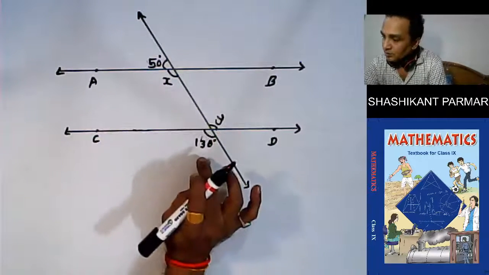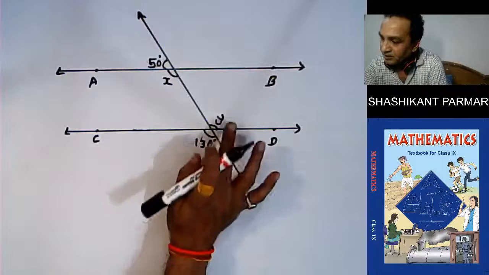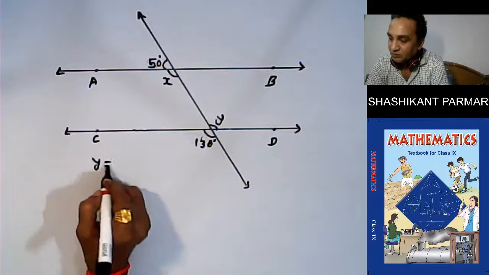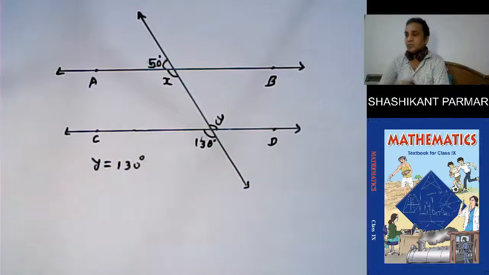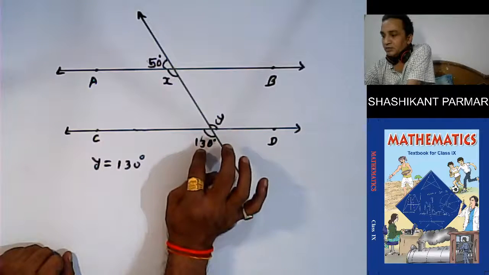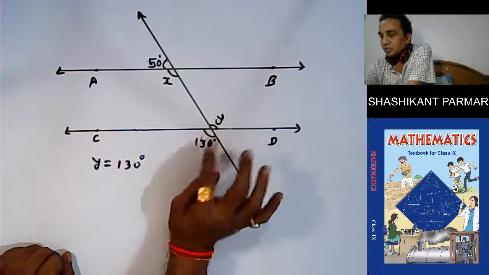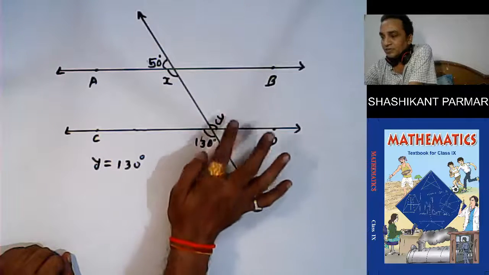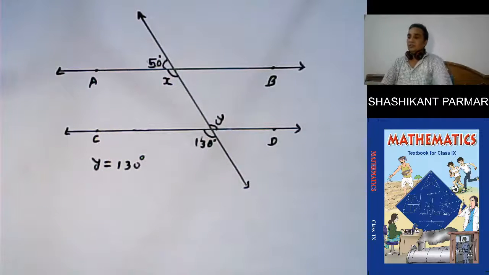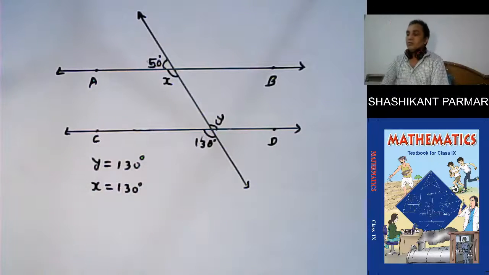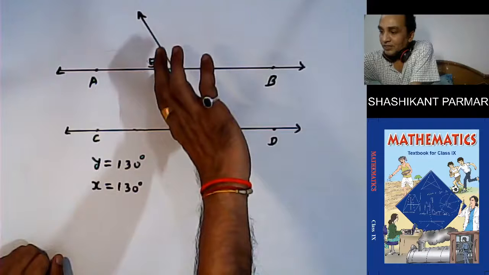So this angle and this angle are vertical opposite angles. So it is clear that Y is equal to 130. See here, this is 130 and this is Y, but both are opposite vertical angles. If this is 130, then this is also 130. That means Y is 130, and X is also 130 because these are alternate interior angles,